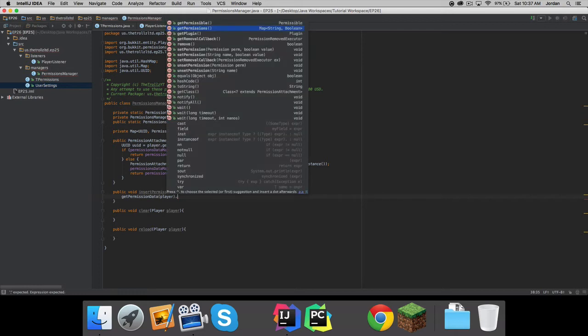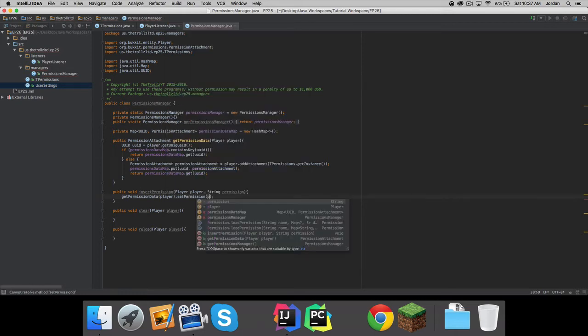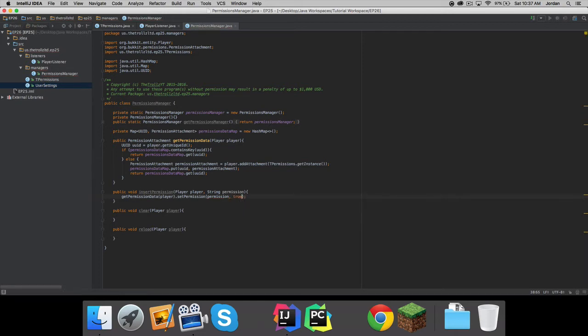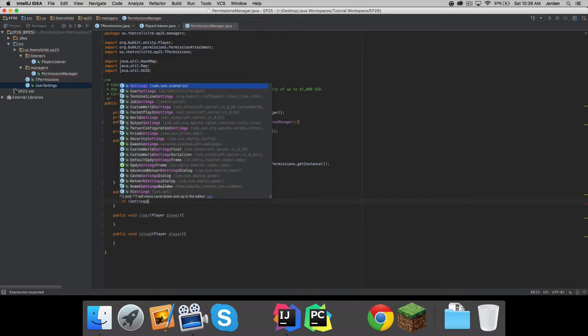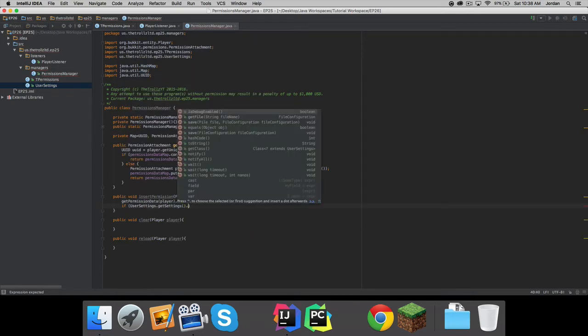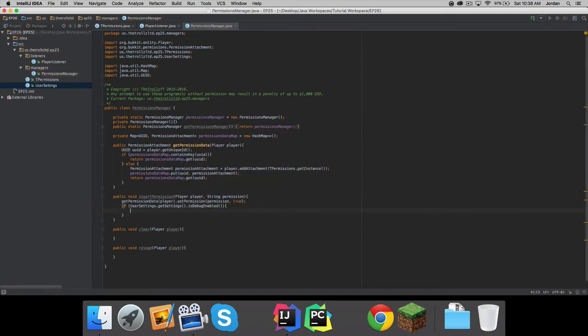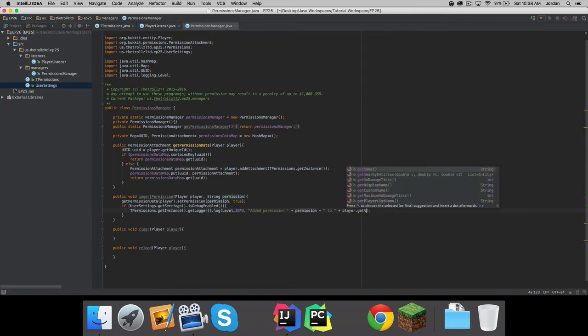And then we can say set permission, and then true. There you go, and you have just inserted a permission. And now what we're going to say is if user settings, my bad, dot get settings is debug enabled, then we're going to say tpermissions.getInstance.getLogger.log level.info, added permission plus permission to player.getName